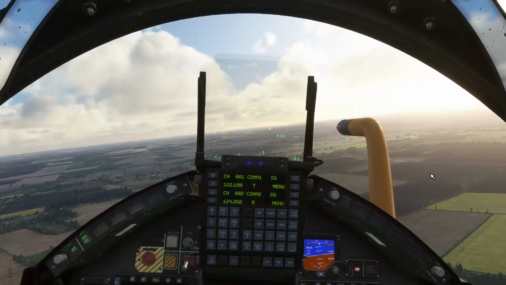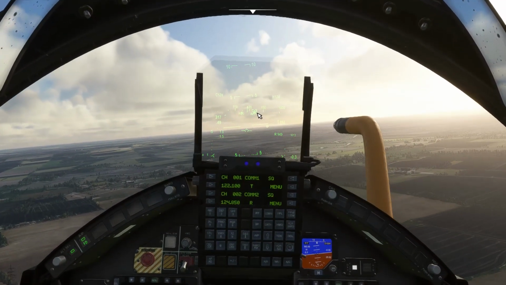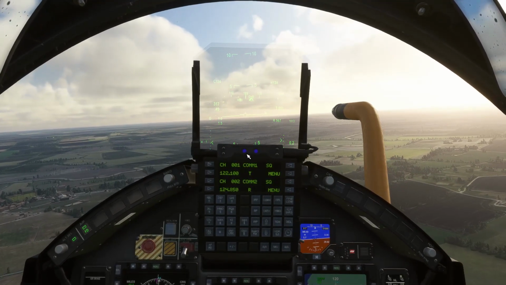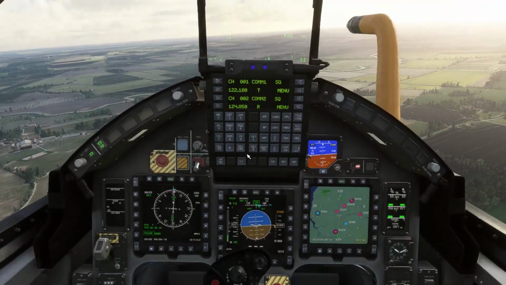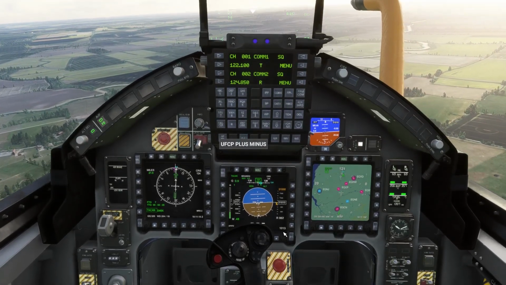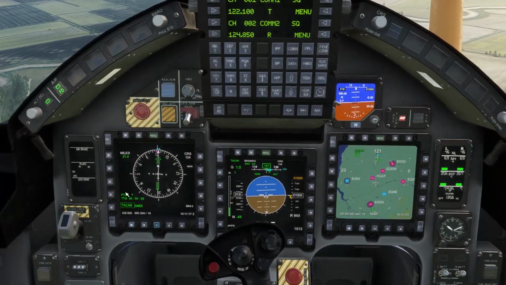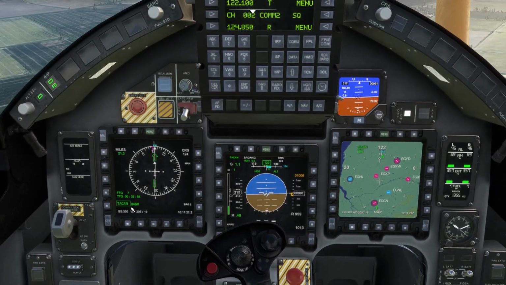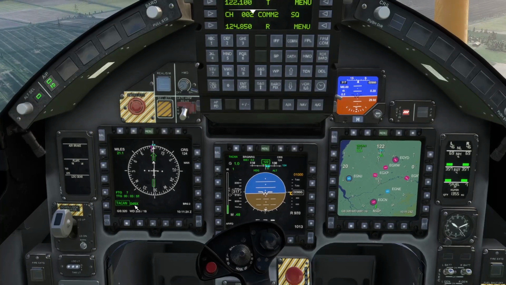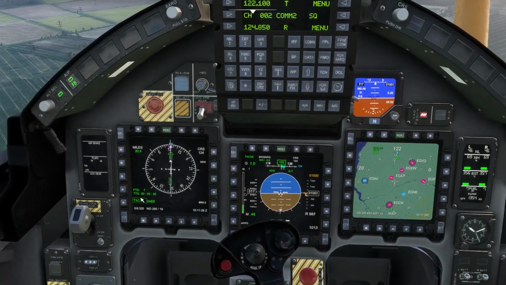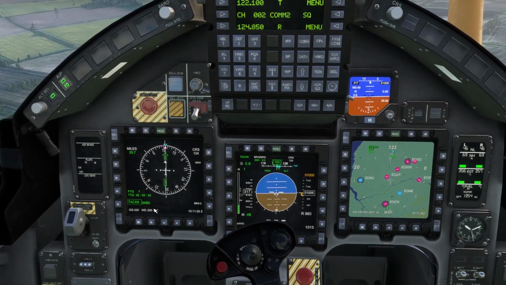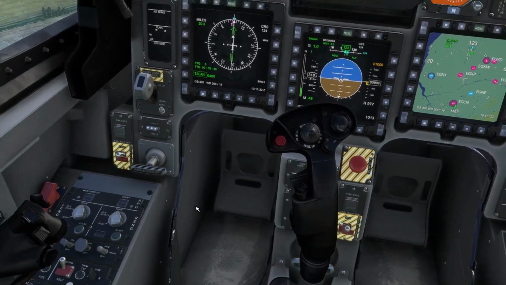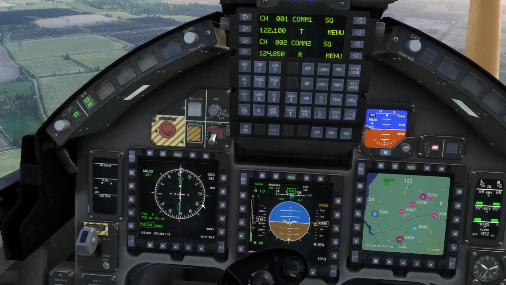Alright. You see we've got heading bug and course marker there lined up together. And we're now heading in the right direction for the TACAN. And again, it gives us DME distance, so we're 21 nautical miles away. It's boxed, so it shows we're locked onto the TACAN on 048 X-ray, and time to get there, so about just under 4 minutes. So yeah, I mean it's